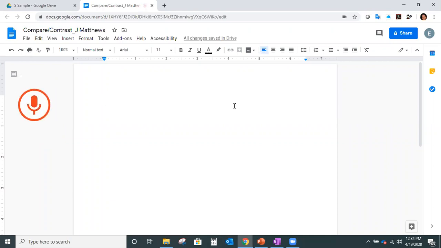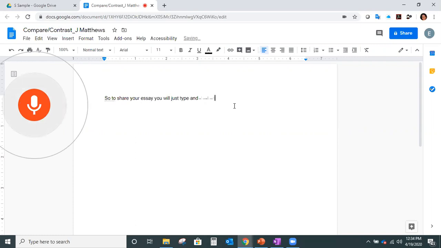So to share your essay, you will just type, and Google Drive will put what you are saying, and there is your speech to text, period. So as you can see, this is an easy, free way for your students to receive this accommodation if they have it on their IEP or 504 plan,